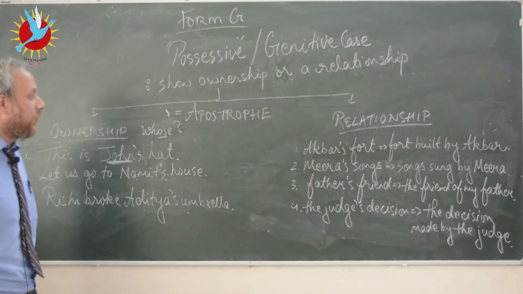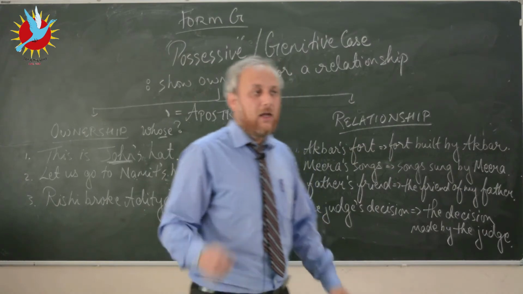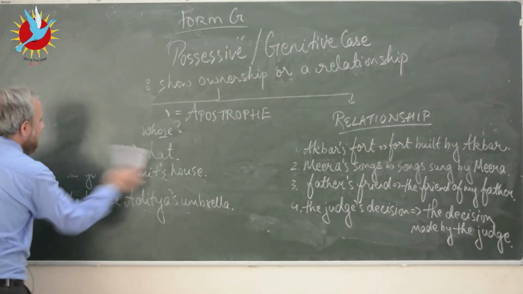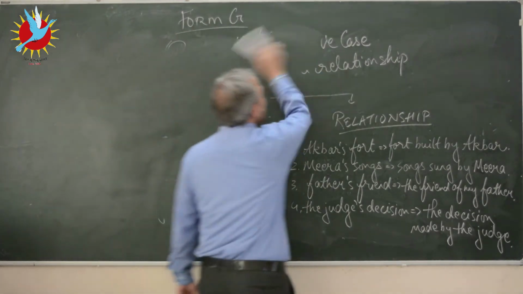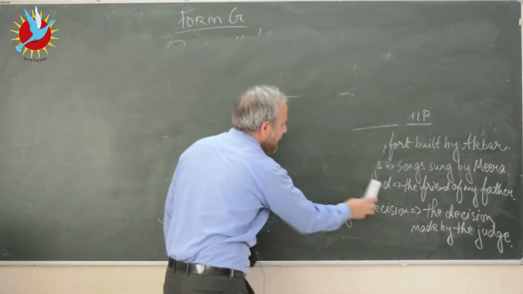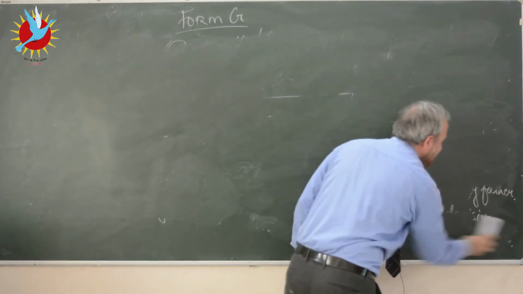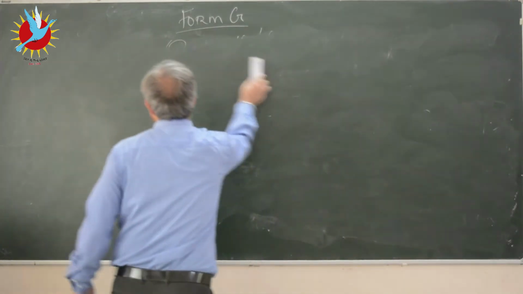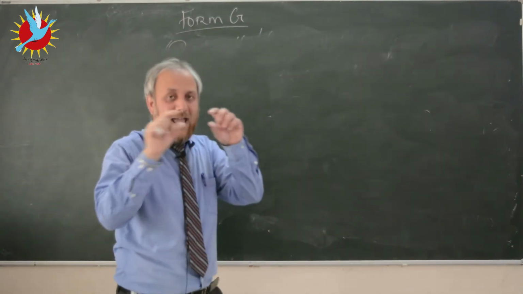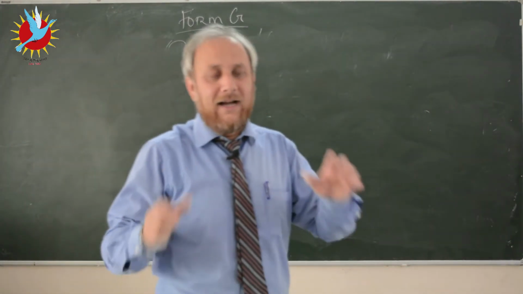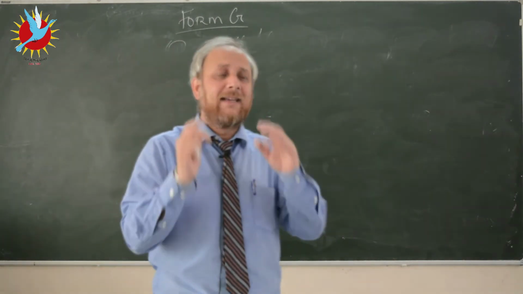Okay, and how do we do it? We do it using the apostrophe and the S. Okay, fine. And there are a few more things that I want you to remember. We will just do 3 cases. We've already finished the nominative case, we've already done the objective case, and we are doing the possessive or the genitive case. Again, I'm telling you, don't get scared of these big words. It is very, very simple. The idea is very, very simple.